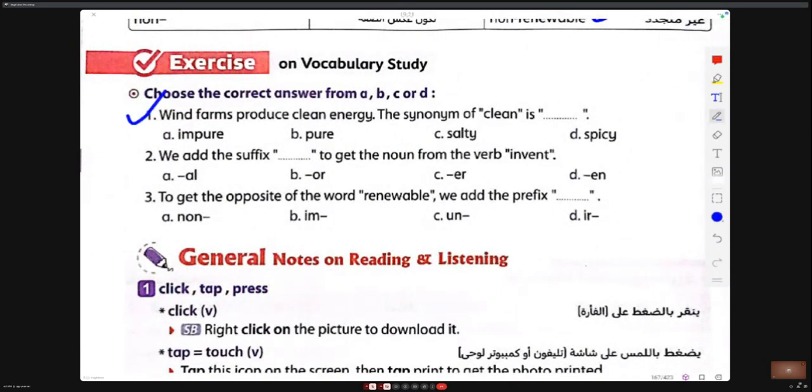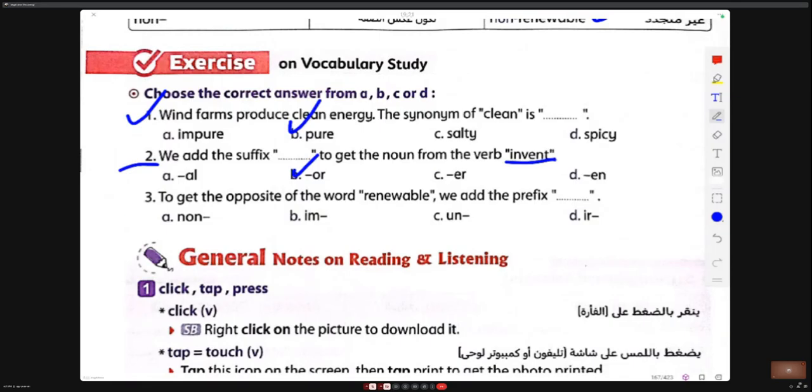Luigi, when farms produce clean energy, the synonym of clean is? Pure. Here we add the suffix or from the verb invent: inventor.